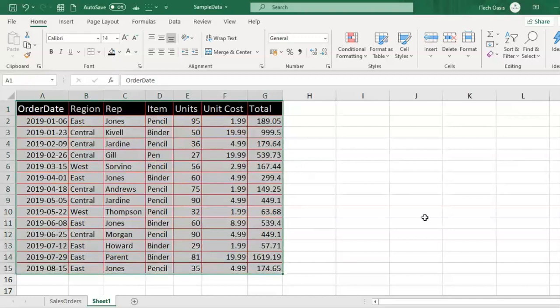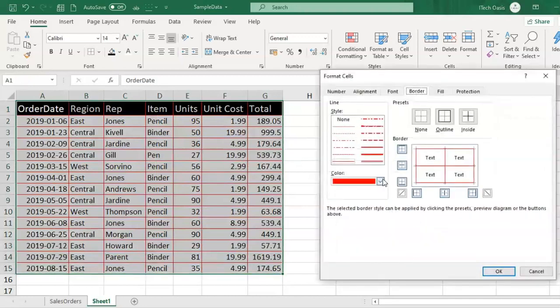Okay, select data, press Ctrl 1, and now I will click Automatic. You can see that the preview is not changed because the earlier setting is shown here. So you need to do this setting again to apply this color. Here you can change the border style also. You can see there is a dashed line, and this is a bold line. So if I select this dashed line and click OK,